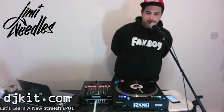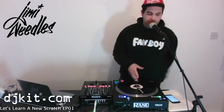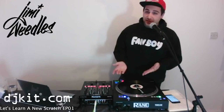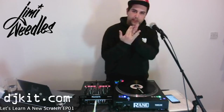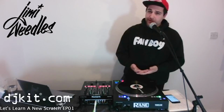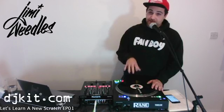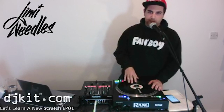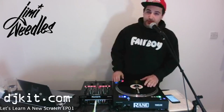Right then, guys. So the swing flare is a two-part combo. First half is the baby scratch, which everyone can do. The second half is a diced baby scratch. So you just cut the ends off, so you've only got the middle bit in between. So what have we learnt today, class? Well, we're going to learn how to do that dice again, because I think some of us have probably joined halfway through this video and been like, what the hell's going on? So to accomplish the swing flare, which is this,